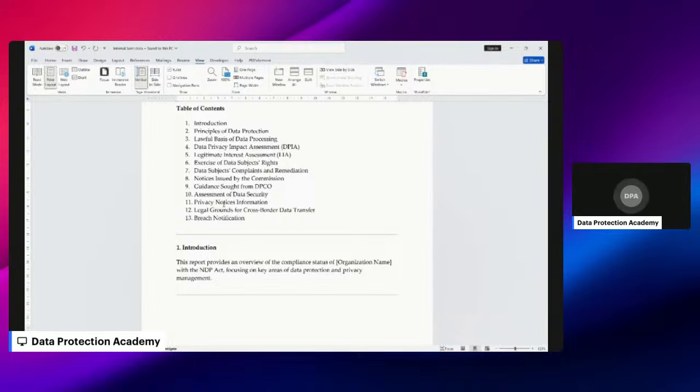Basically, this list is not exhaustive. You can add to it, you can take some out that are not applicable. This is just a training manual. So now, the table of content should include things like an introduction, principles of data protection, the lawful basis of